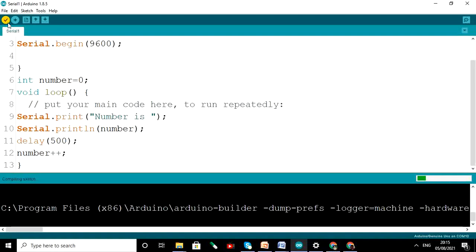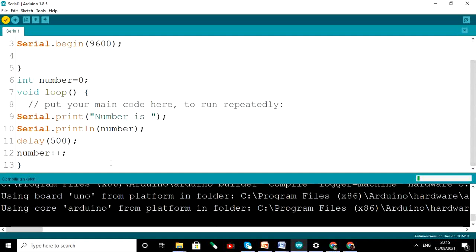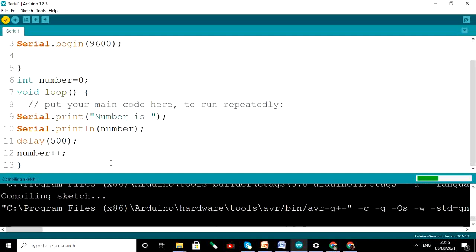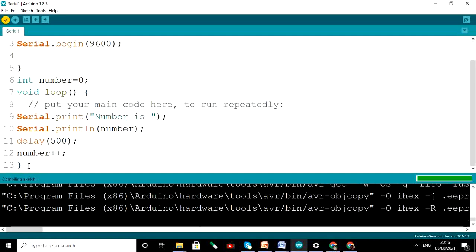Now we will run again. Now the compilation process completes.